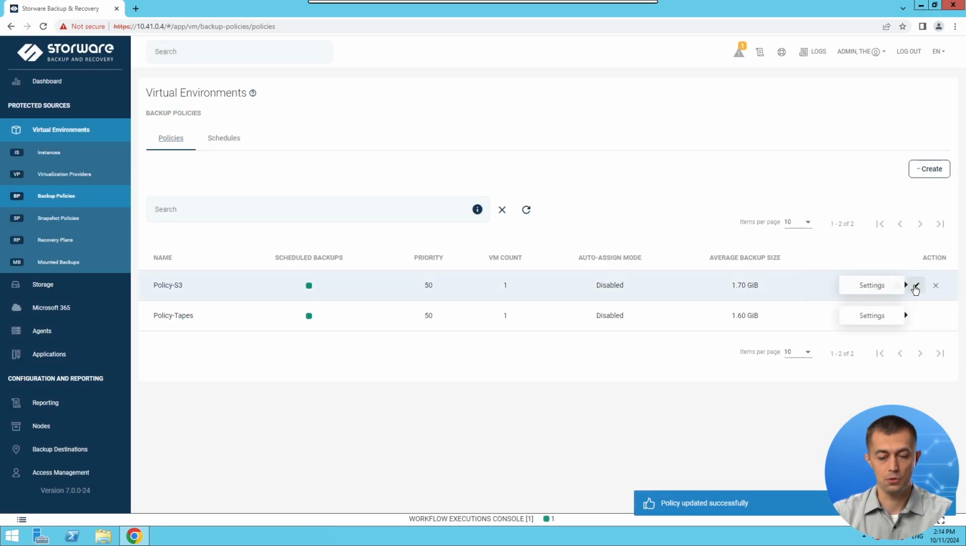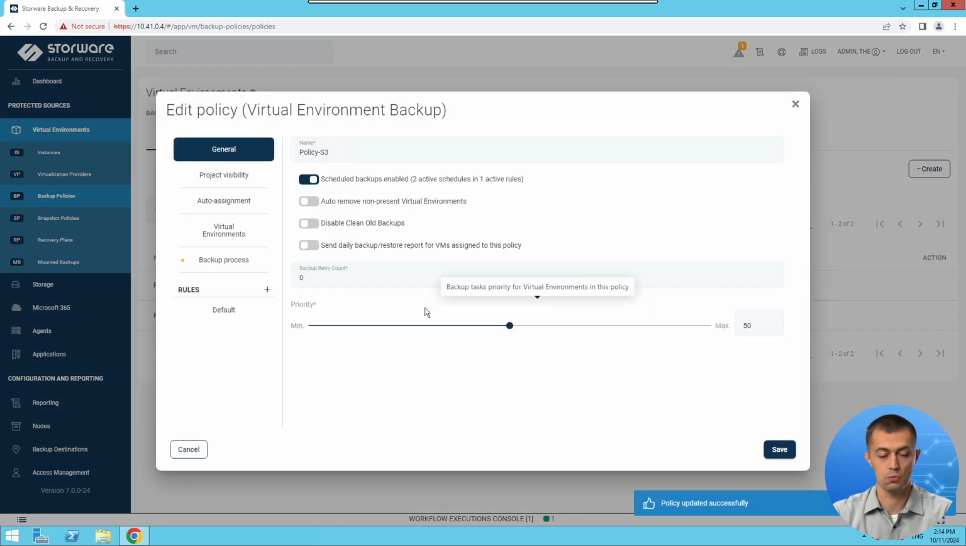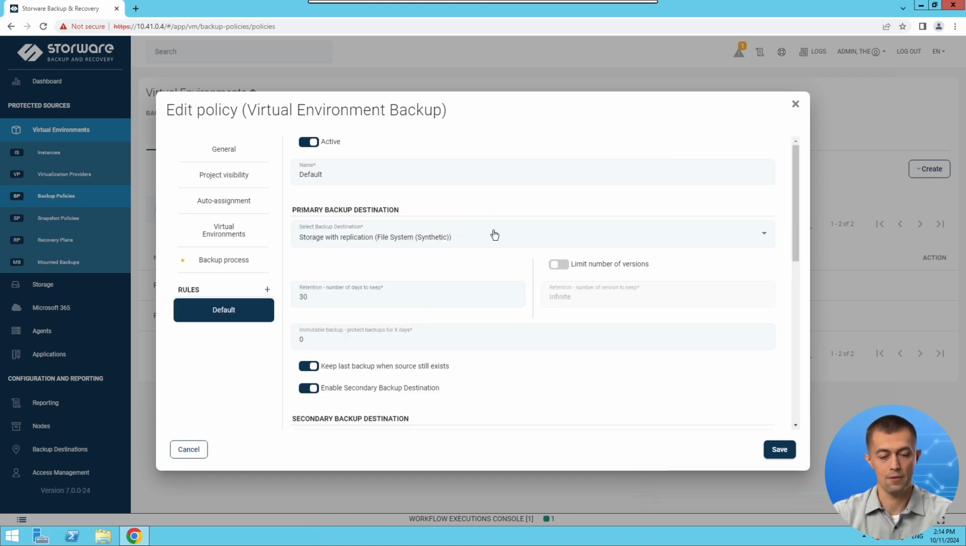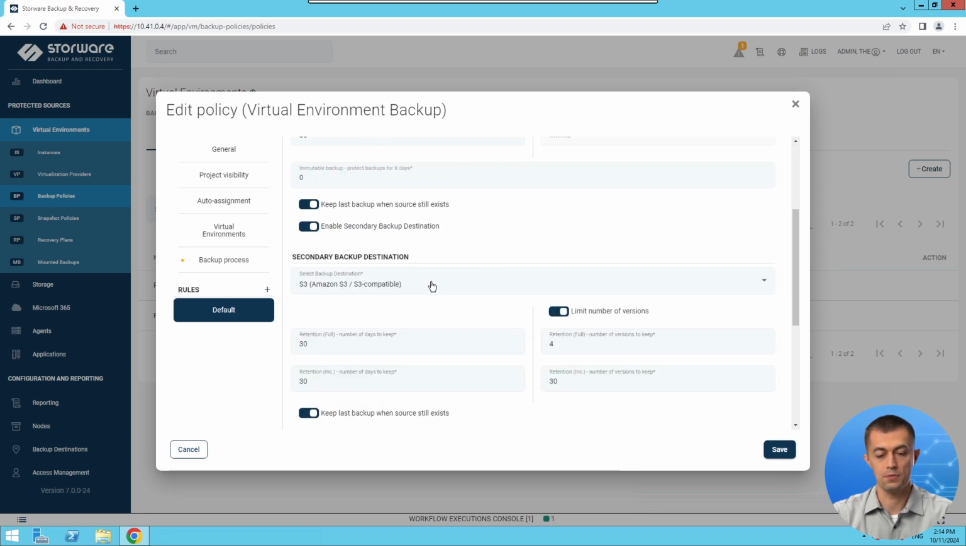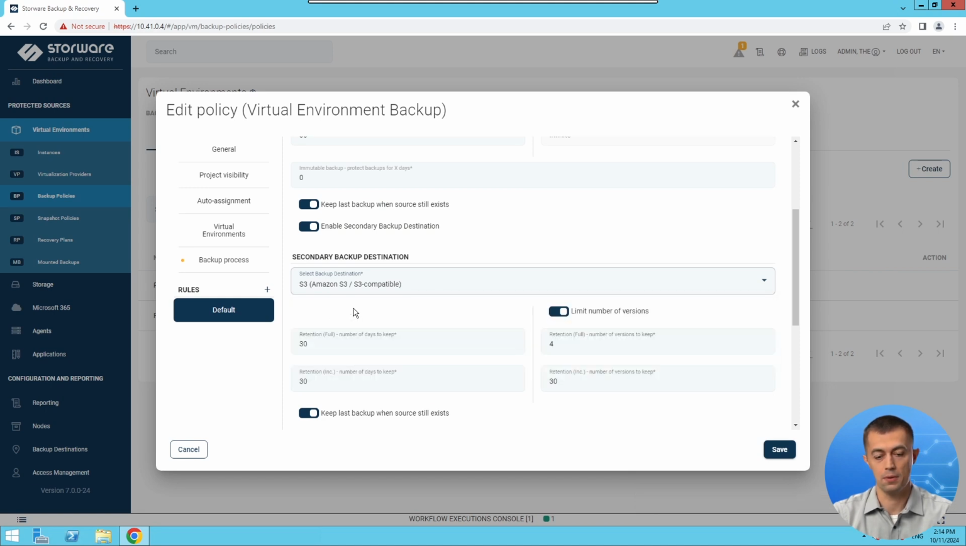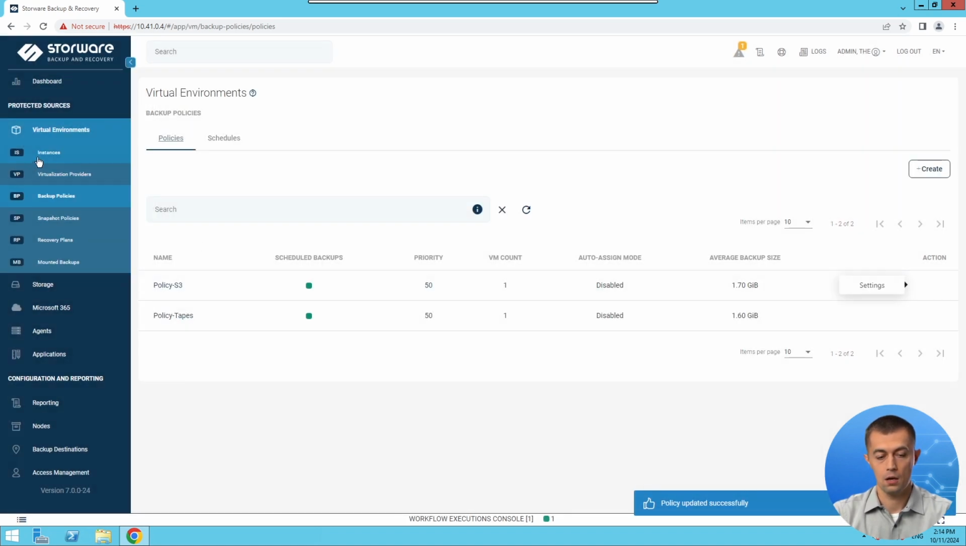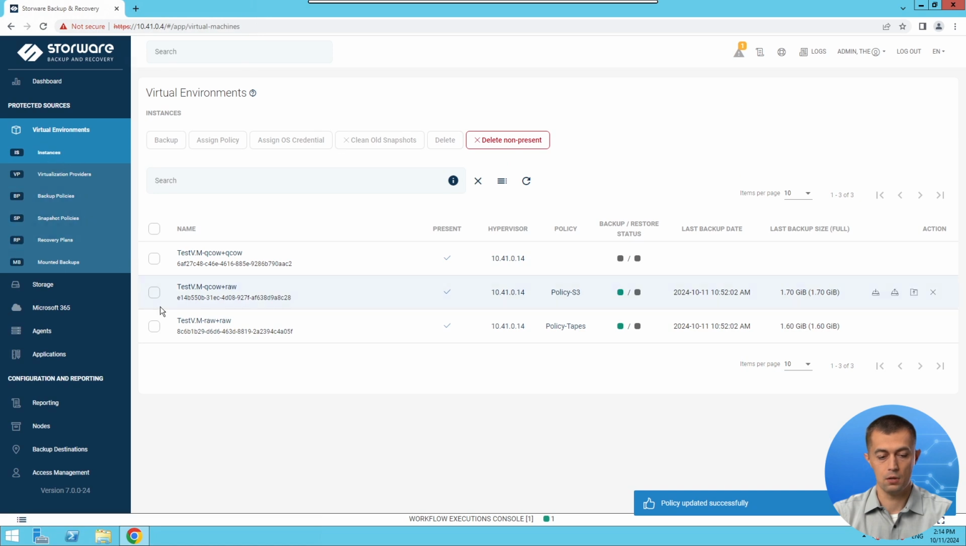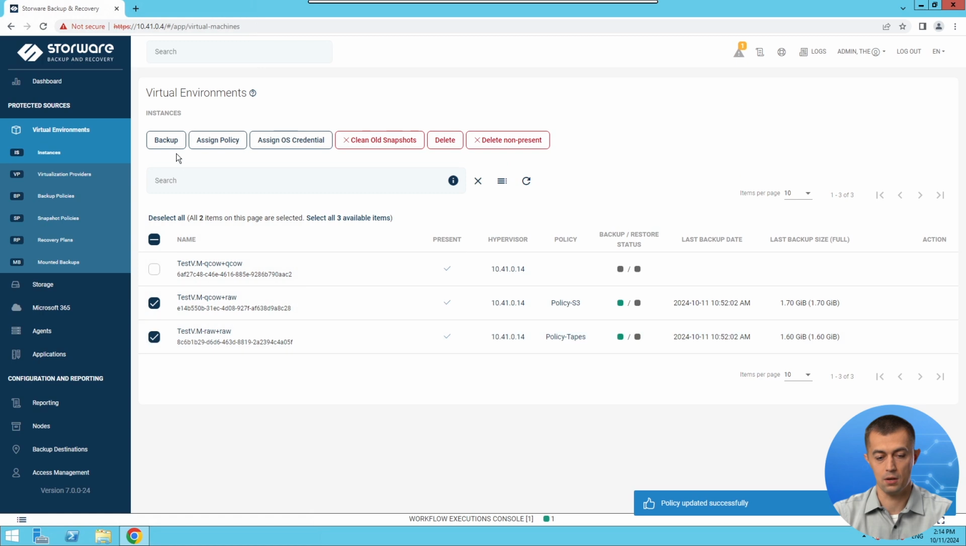Next, let's review the policy in combination with the S3 backup destination. Here again we go to the rules. We have the primary backup destination on the storage with replication. Next, we have the secondary backup destination on the S3. So when we do the backups, they will be located in 2 locations. I have 2 VMs to back up, and I added them to those policies. So when we execute that backup,